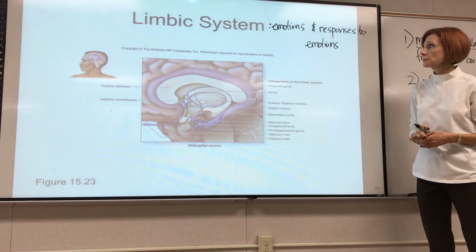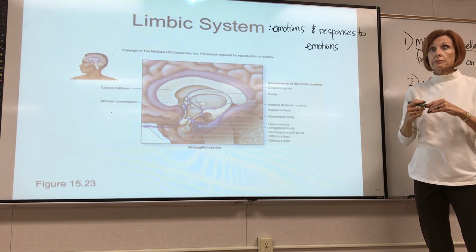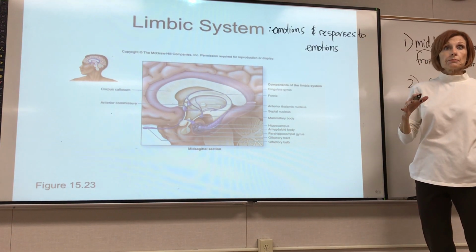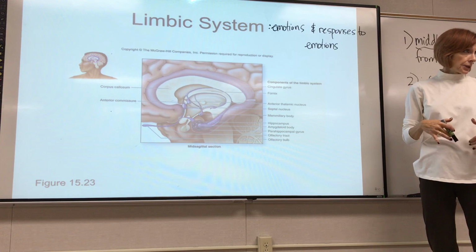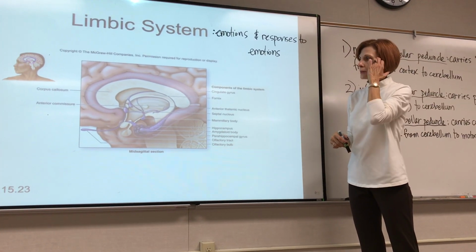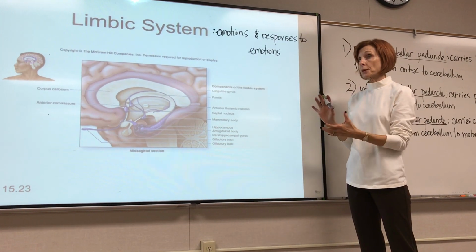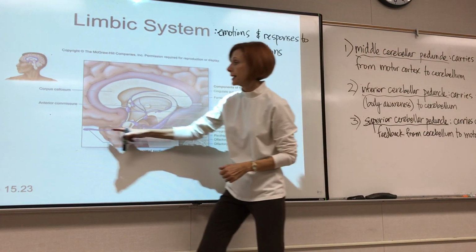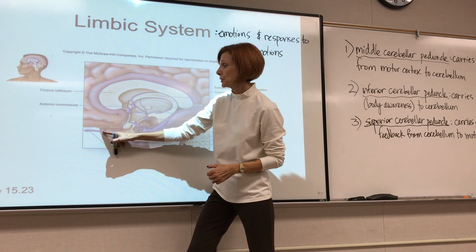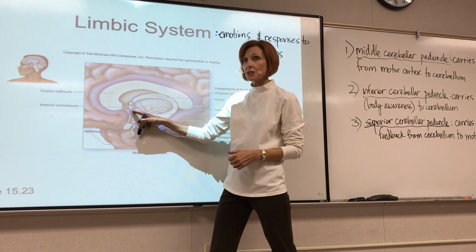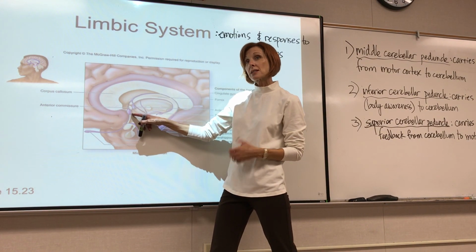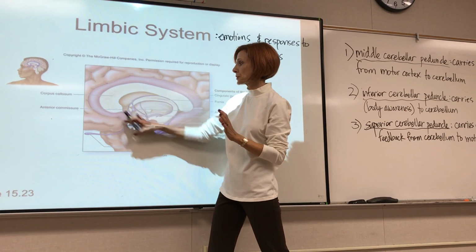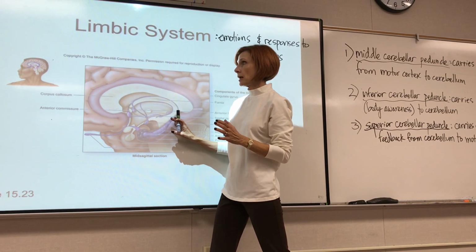Okay? So all different kinds of emotions, joy, pleasure, sadness, rage, fear, are experienced in different parts of the limbic system. A couple of interesting things about the limbic system: notice that the olfactory bulbs and tracts actually are connected to the limbic system. So smell is part of this whole system of structures